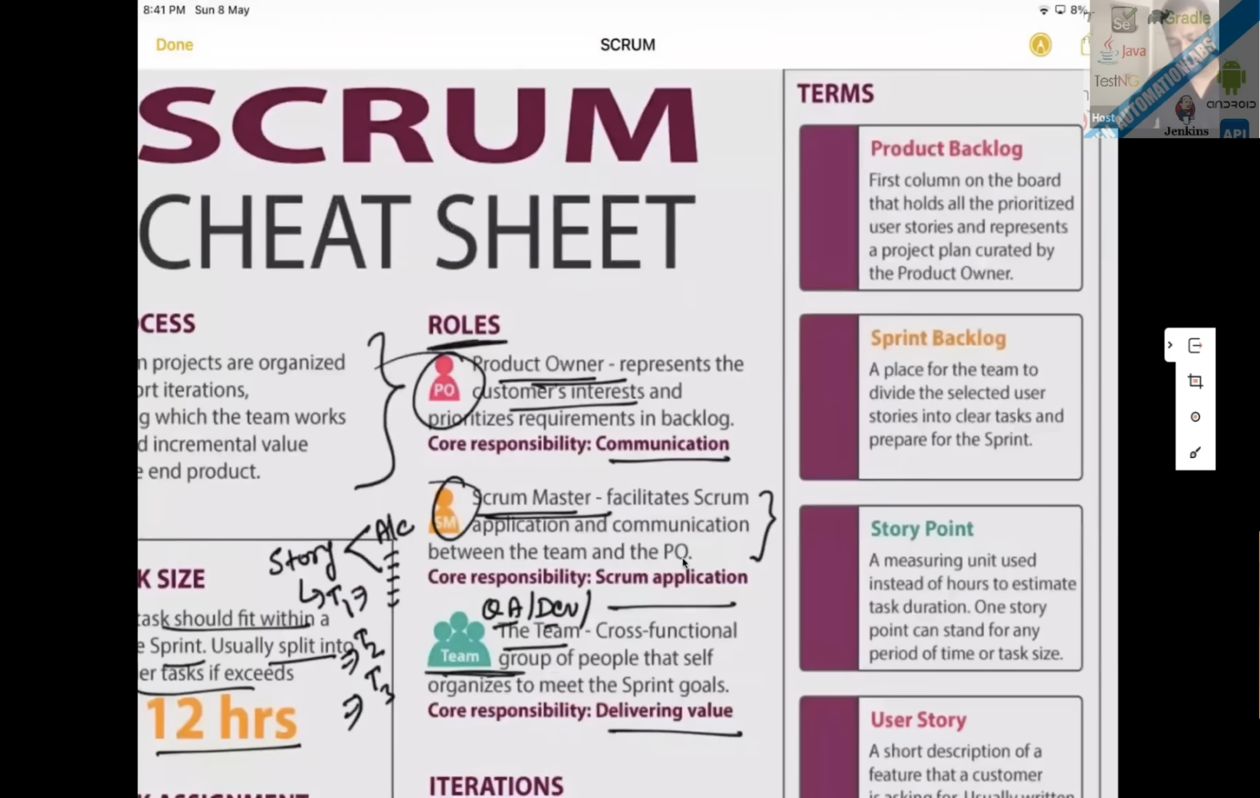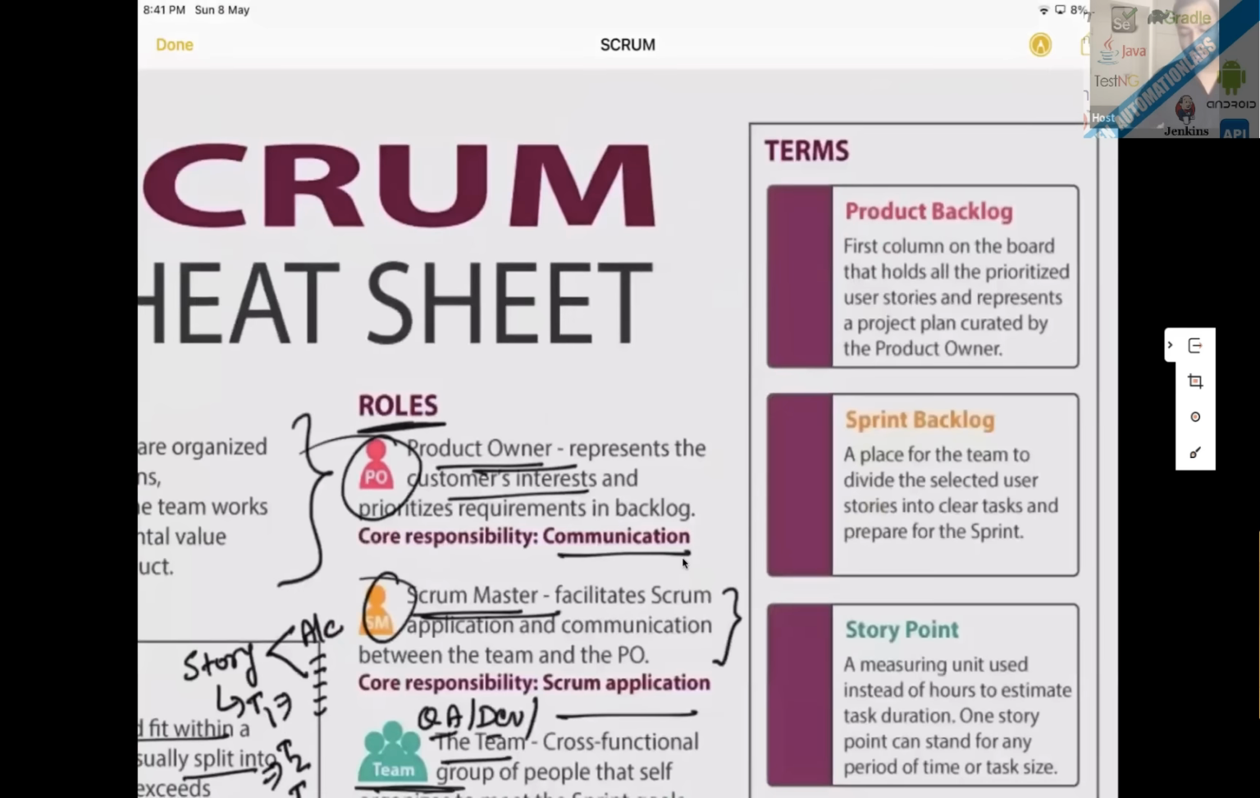These are terms that we have to use. One is the product backlog, as I told you, the first column on the board, right? So let's see, I'll just prepare the board over here. So this is the first column. This is called the product backlog, that holds all the prioritized user stories and represents the project plan curated by